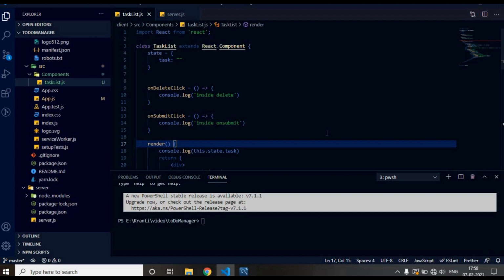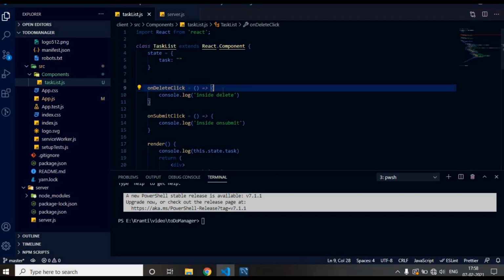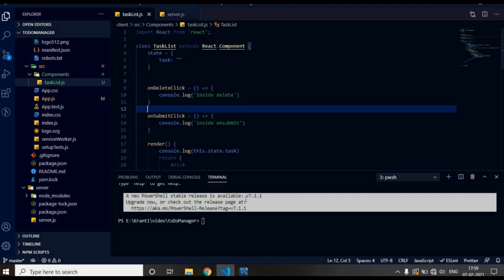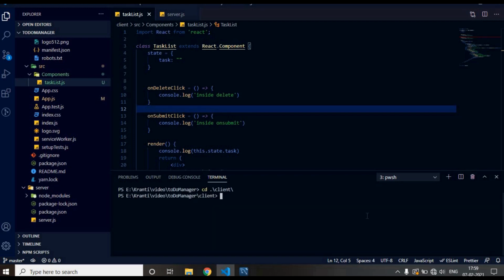Inside my task list component, we have created a few event handlers like on submit click and on delete click. In this video we are going to see how we make API calls to the endpoints that we have created inside our server.js file. To make API calls, we need the help of a package. First, let's install that. I'll navigate to my client folder and write npm install